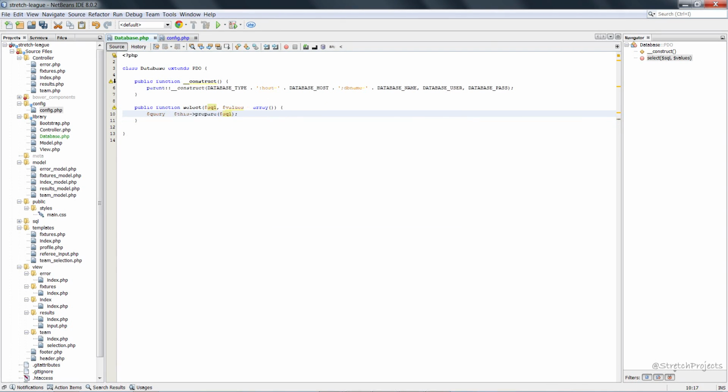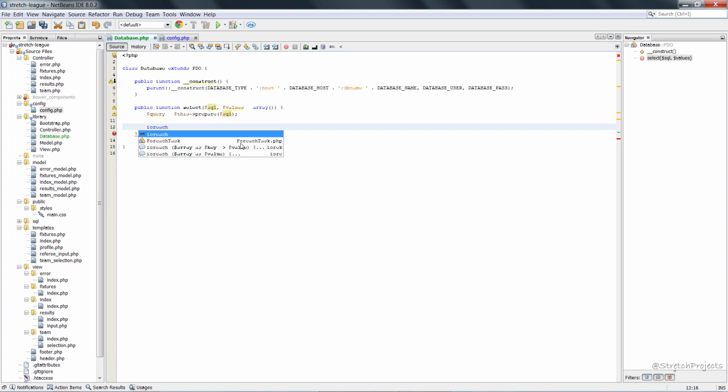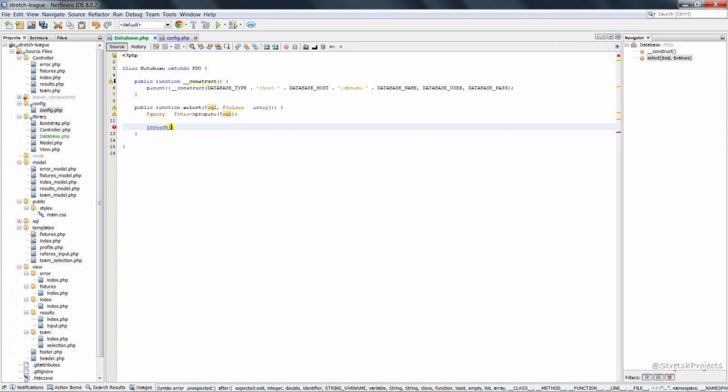I just need to assign that. We're then going to have our associative array, as I mentioned. And so what we're going to do is loop through all of the values within that associative array and actually bind them into our query. So we're just going to have a foreach loop here